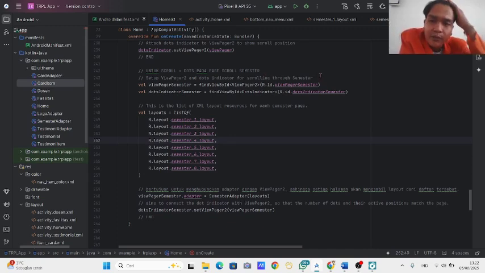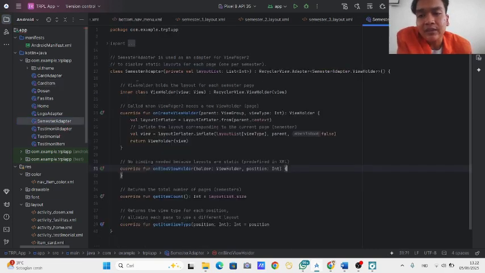Set up view pager and dots indicator for scrolling through semesters. Use semester adapter. The code is the same as card adapter. Semester adapter is used as an adapter for view pager to display a static layout for each page, one per semester. This code view holder holds the layout for each semester page.